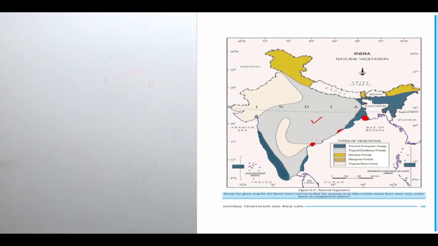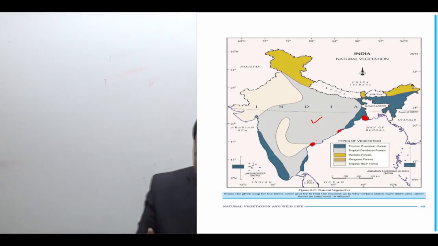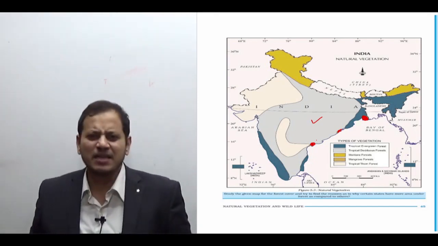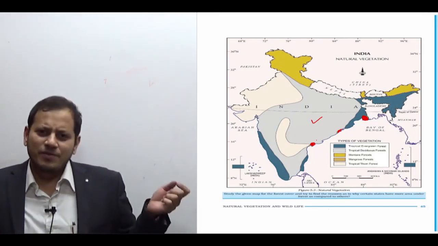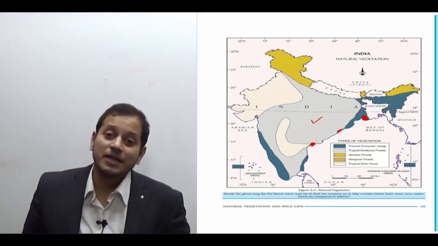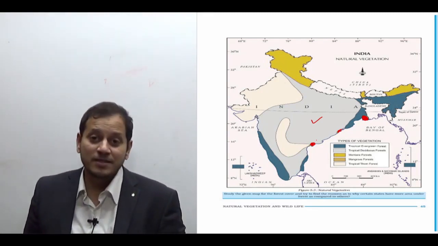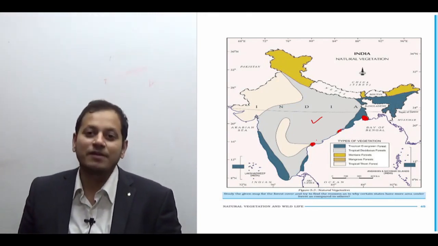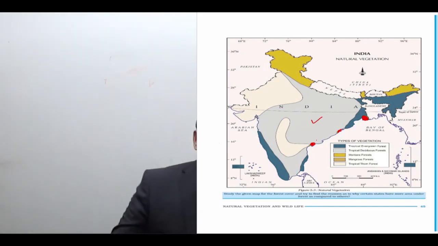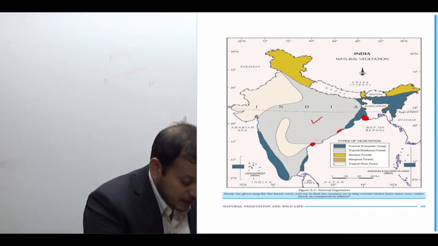Obviously the perfection won't come, and there is no need for perfection at all. But in the end, when you finish that, you should be able to draw a map of India in the examination in 30 seconds. See if you can draw a smaller map in the examination, because you have to see the word limit also. You convey a better answer, and therefore the chances of scoring high increase. Okay. So other than this, you can also refer to the map which is given in the 11th standard NCERT,